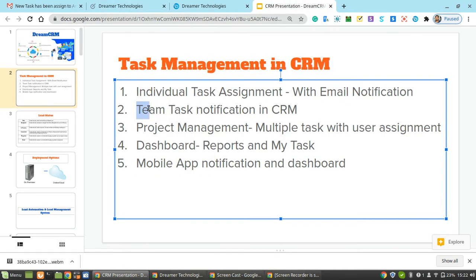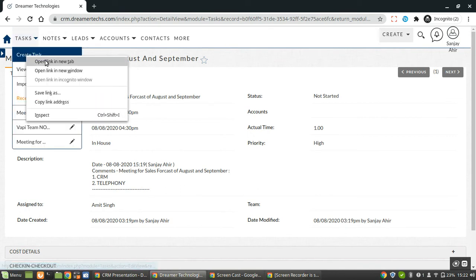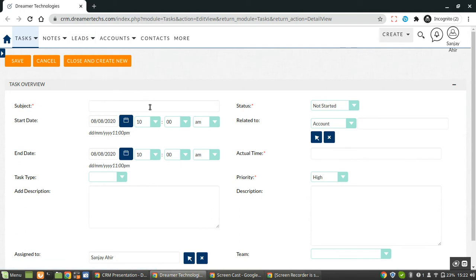Now we will see the team task notification in CRM. So how can we notify a team in CRM? Let's go again to the user called Sanjay. Let's create another task, meeting at Mumbai office.